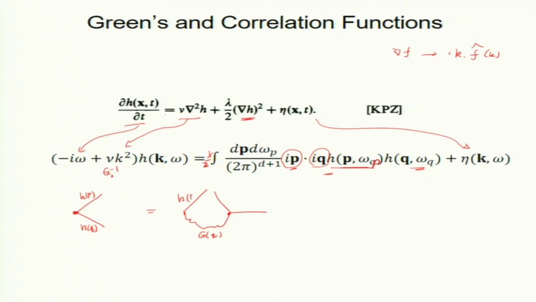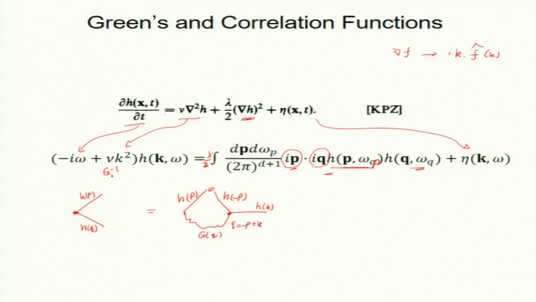So, this h of p should be h of minus p to give you a non-zero value, right? I mean, we did it before. And what will this be? By conservation of momentum, or this wave number, here also the momentum must be conserved. So q equals minus p, and what should that be? Plus k, right. So this should be h of k.